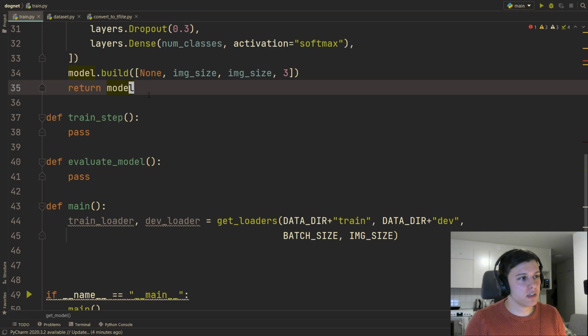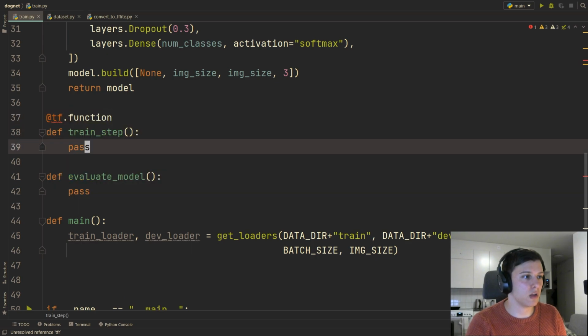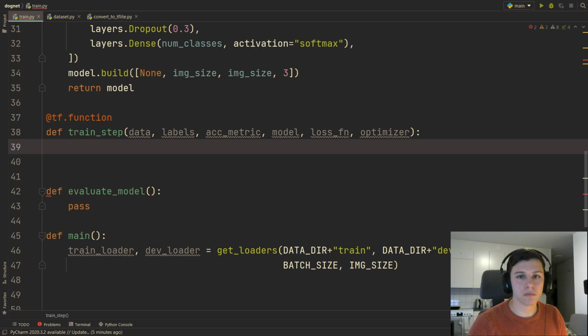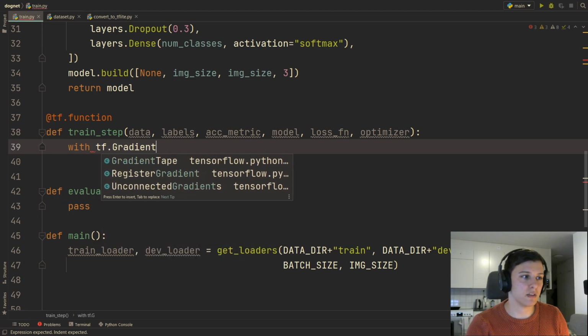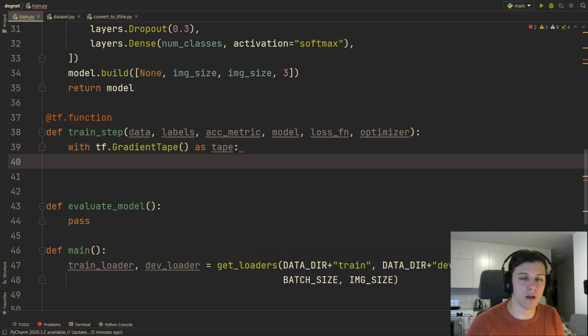Now for the train step, we're going to wrap this in a TF function for some additional optimization. And we're going to be sending in some data, some labels, some accuracy metric. We're also going to be sending in our model, our loss function, and then the optimizer. All right. So we'll do that in a TF gradient tape as tape so that we can measure the